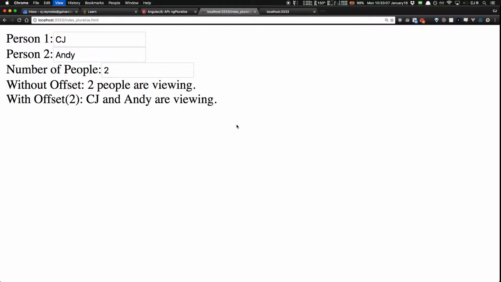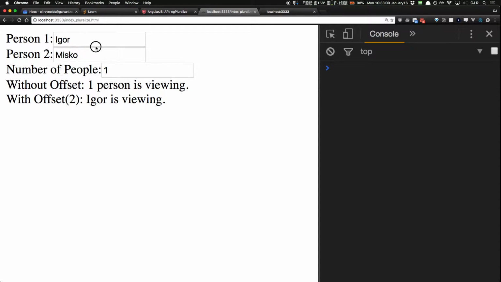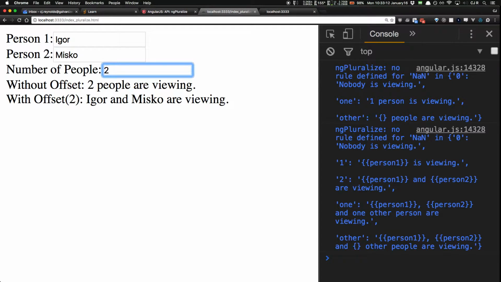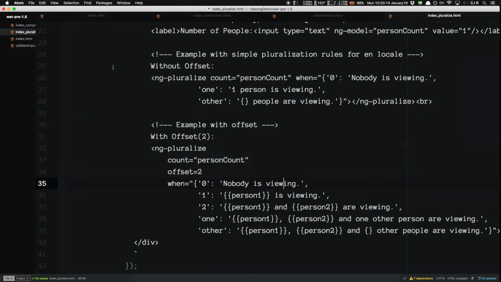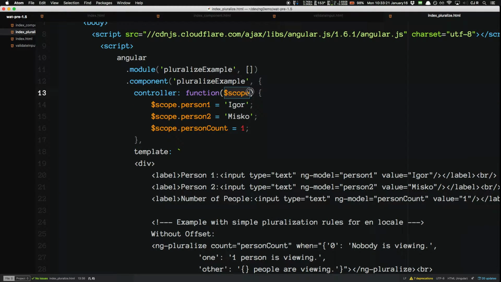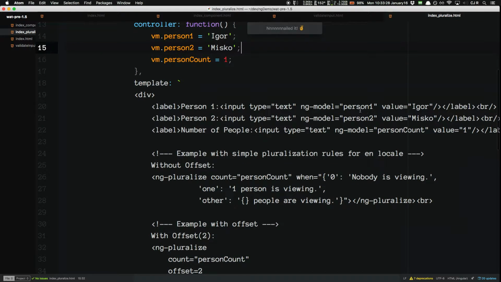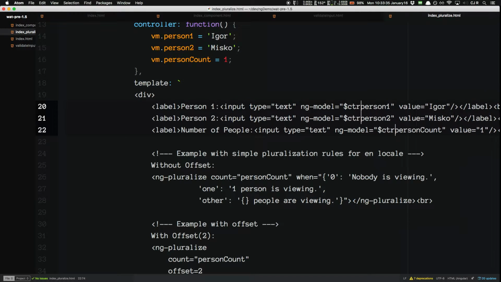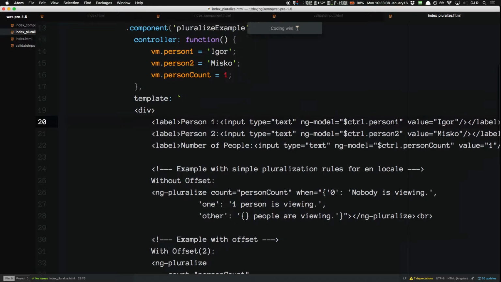But let's take a look at this. Now if I refresh it, still works. But if I change it to 2, we get that nice little fraction. But now we're directly accessing scope. We want to use the view model instead. So instead of doing that, I'll remove scope. I'll make this all VM. And then inside of here, everywhere I see an ng model, it needs to be ng model with $control dot that specific property. And then if we refresh it,